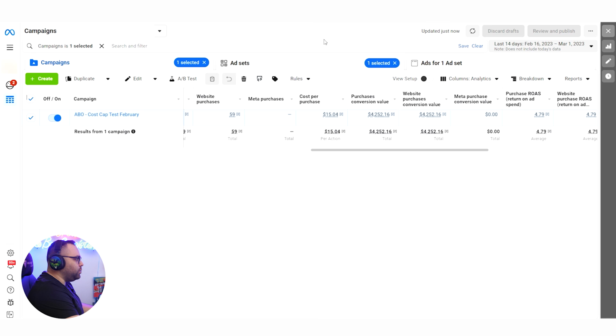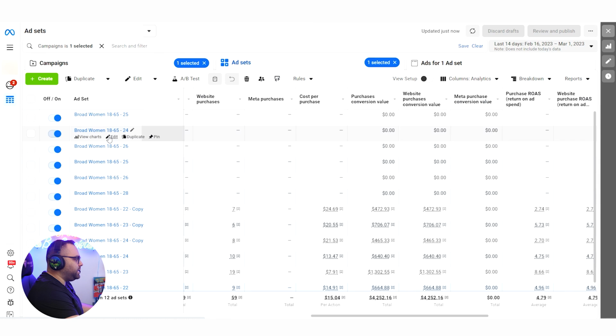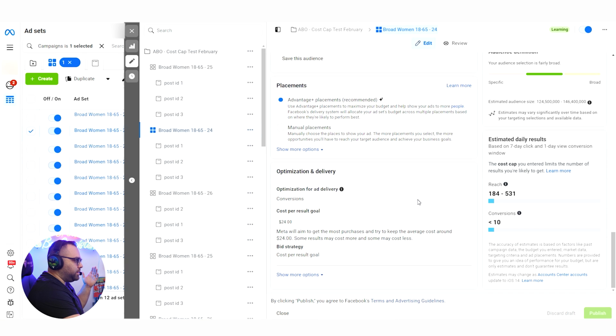Now, what is it going to happen if you put over here 12, for example, okay? Most probably it's not going to spend anything because it's not going to be able to find any sale for $12, or maybe it's going to have just 1 or 2. The point here is, how am I going to make it to spend as much as I can, but at the same time also have good ROAS and be able to hit my targets.